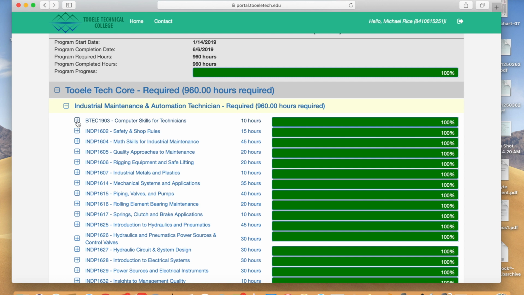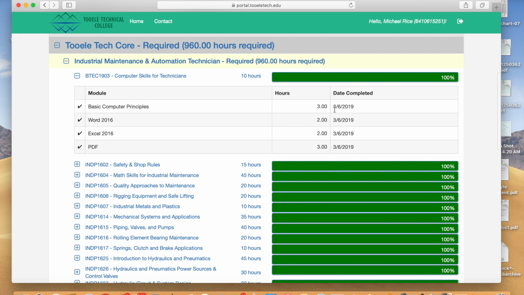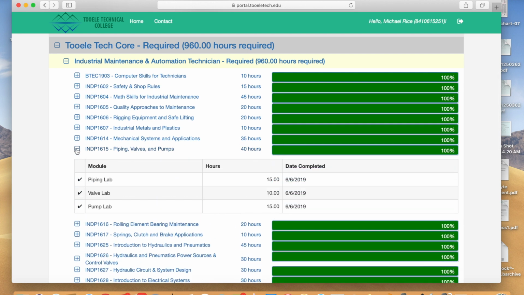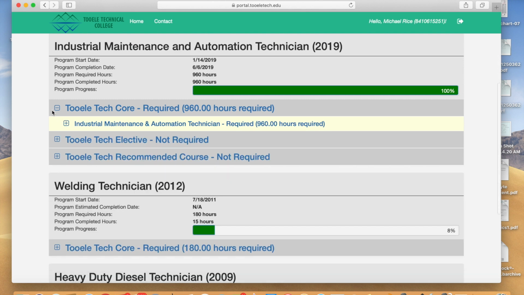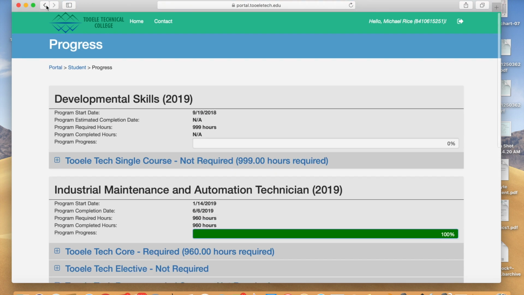Another cool feature is if you click on one of these, it will break it down to the module level and tell you what you've completed or haven't completed. So let's say you were in this class and it was only 20% finished, and you're like, I turned everything in. You could see what lab or lab sheet was missing and go talk to a teacher and be like, hey, can you look at this and figure out why it wasn't signed off. So it's just a helpful tool for you. Like I said, this is really to show you what you've completed and what you have left in the program. Now, if we hit the back button,